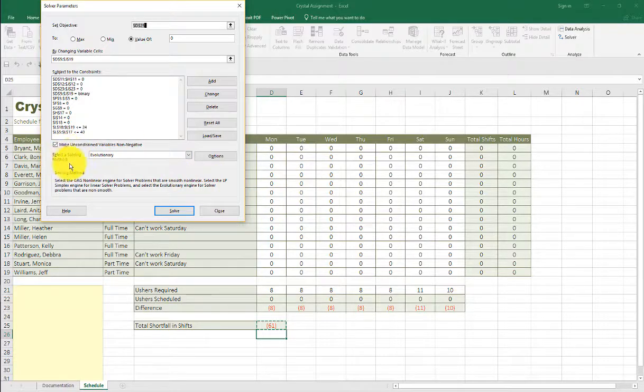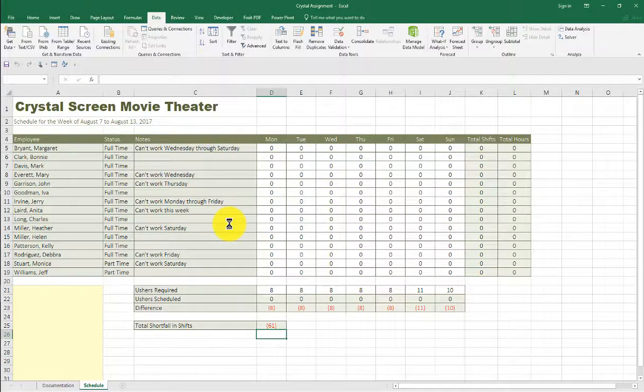So the next thing you want to do is ensure that the solving method is set to evolutionary, and we're going to click on Solve. And this is going to take a little while for it to process through all of the different variations, and by changing this and changing that, it's also going to take into consideration the days that we indicated someone couldn't work to come up with a solution and a schedule